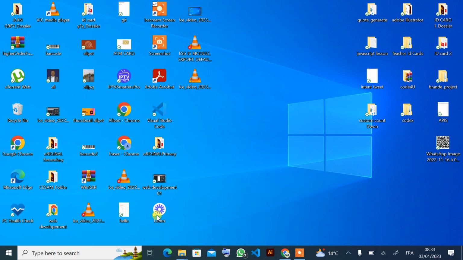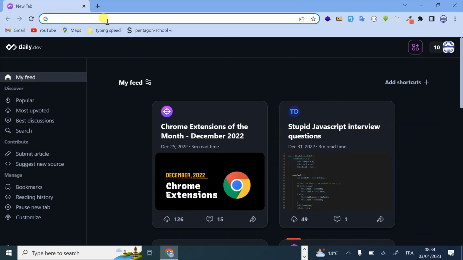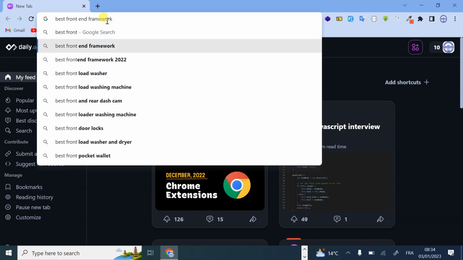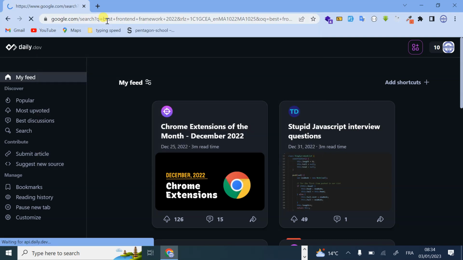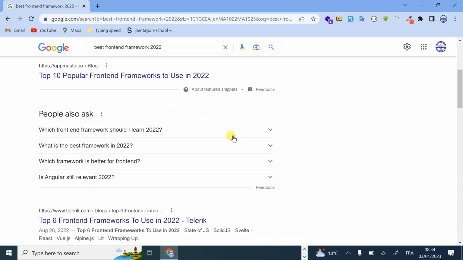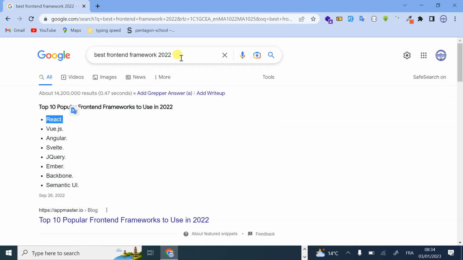What is React? By the way, you need to do some research and know the reason why you should learn React JavaScript. First of all, go to the website of React, or if you don't know, just go to Google and search for best front end framework 2022. You see the first result that will pop up for you is React JavaScript. And if you ask why